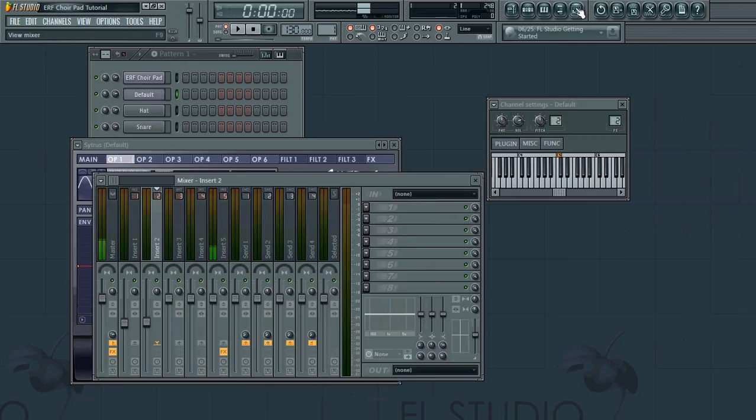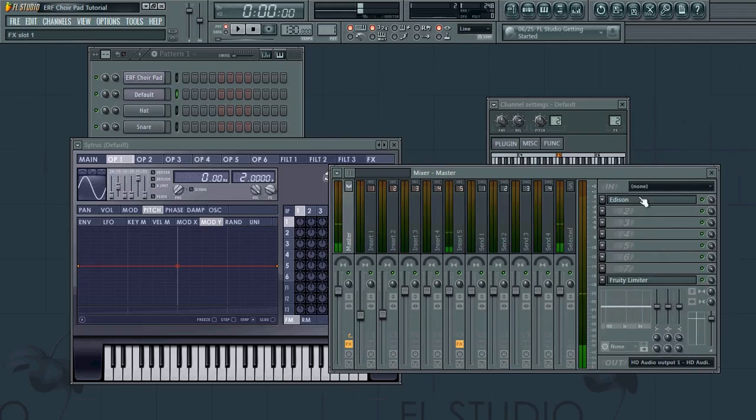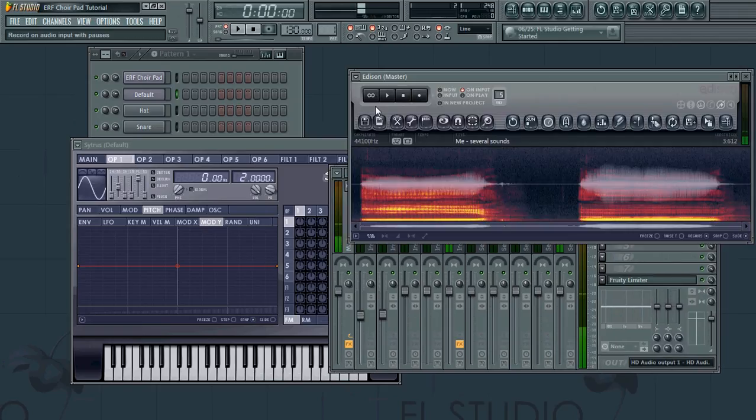And what we're going to do is take a recording of ourselves. Just record through whatever mic into Edison. I did this one a little bit earlier. It's very basic. It's just this. E. Ooh. Lovely, huh? So, the first thing we want to do in Edison here is just grab a small little